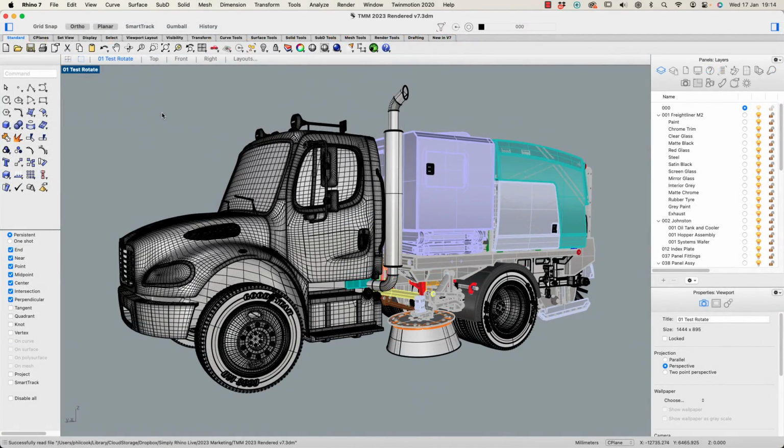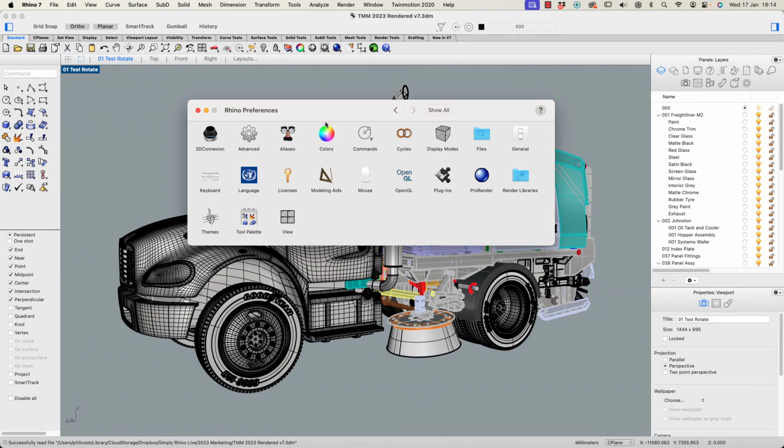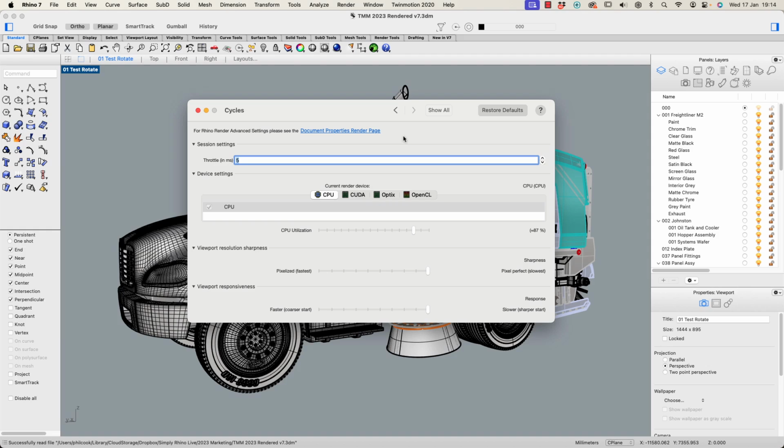Let's now consider raytraced rendering. Rhino uses the Cycles raytraced rendering engine that is developed by the Blender team. Historically, this has been able to use hardware-accelerated GPU rendering via CUDA, OptiX, and OpenCL. In simple terms, CUDA and OptiX are specific to NVIDIA's GPUs, and OpenCL was supported for rendering with AMD graphics cards. As most Apple Macs after around 2015 shipped only with AMD GPU hardware, then OpenCL was effectively the only